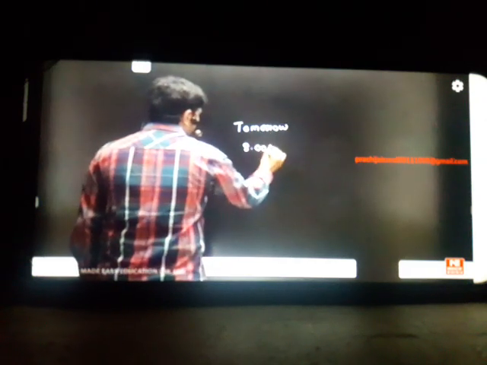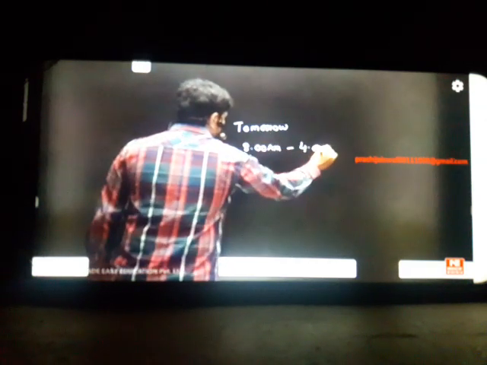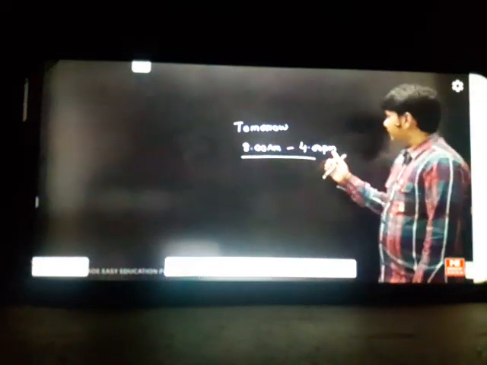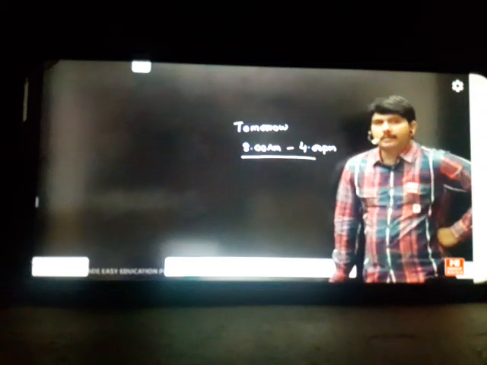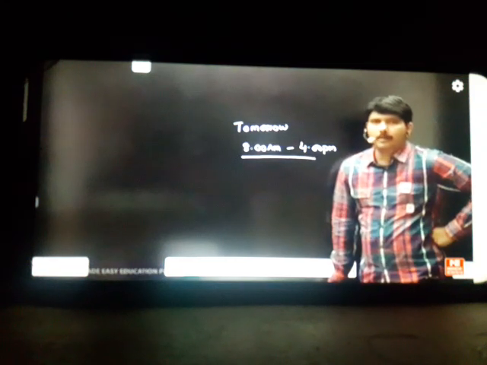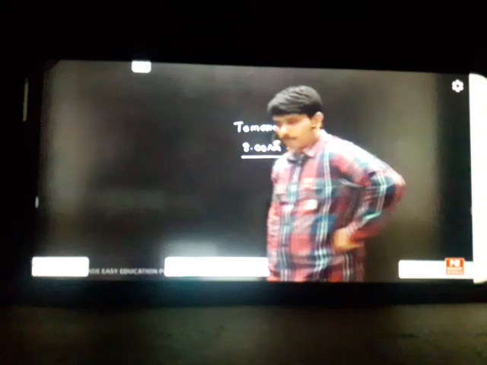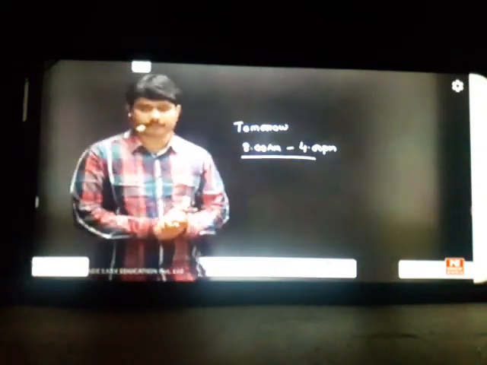I'll start tomorrow 1 hour early, and we are going to close the matter tomorrow by 4 p.m. Because after 4 p.m., some other faculty has to take the class here. That's why I shifted 1 hour before tomorrow. Only for tomorrow. Day after tomorrow we'll see according to the timing. Morning 8 o'clock, evening 4 o'clock sharply I have to stop the class, because after 4 some other teacher will take class in the sport. So I think tomorrow by 4 o'clock we'll be free.